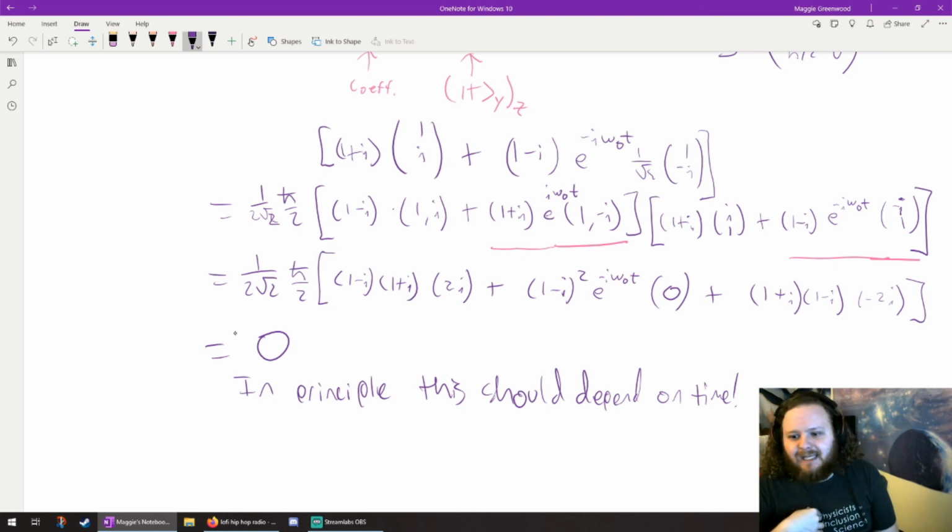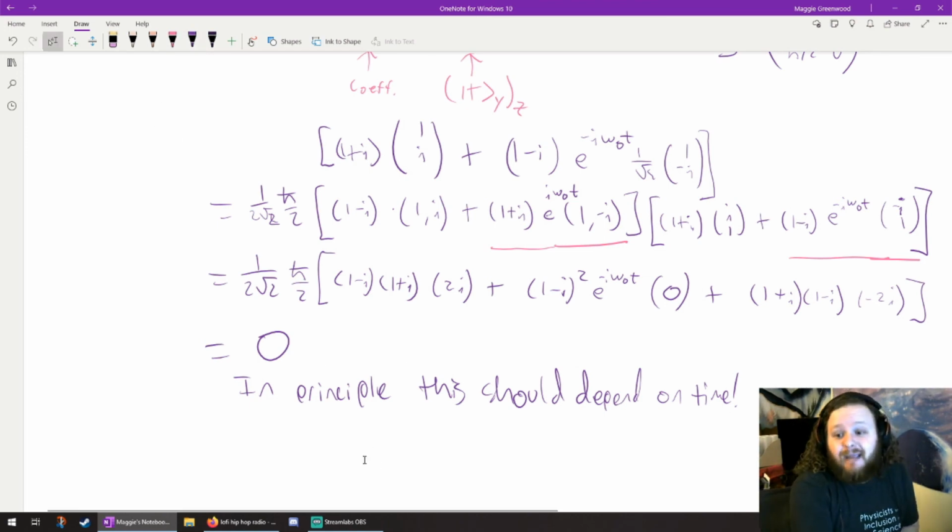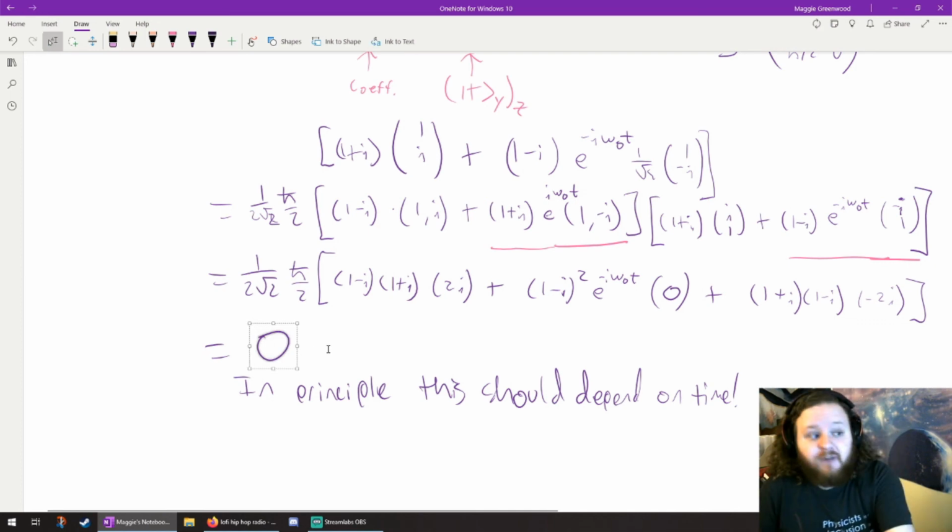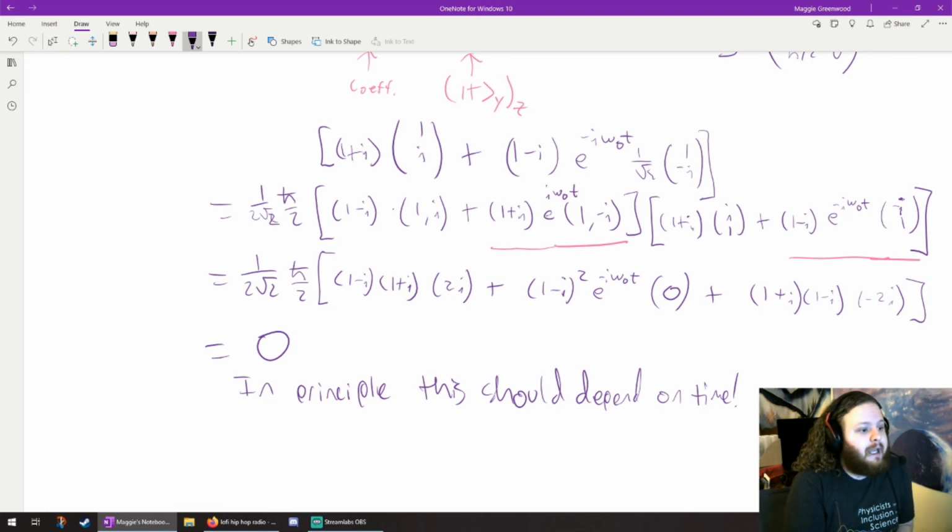So what that means is this was not a great question to pick, although in terms of interesting physics to make sense of at the end. This zero, let me just be perfectly clear here. This zero is not really a zero. It's really 0 times some interesting function of time. That function of time is sitting in there, but it